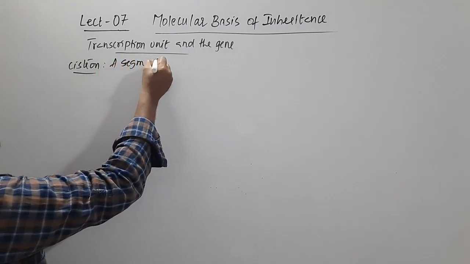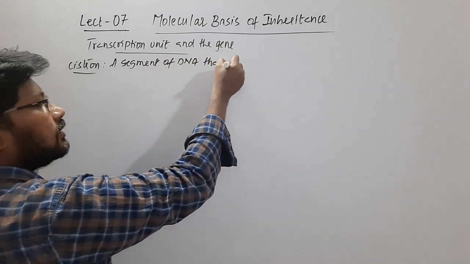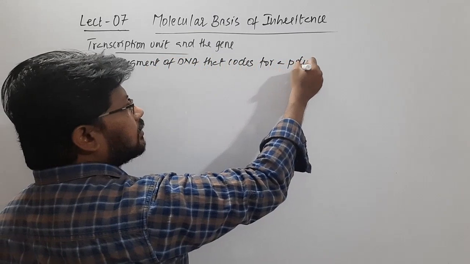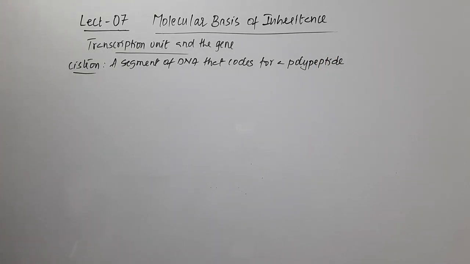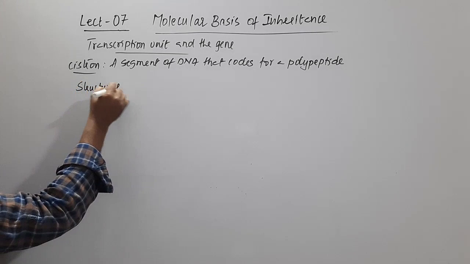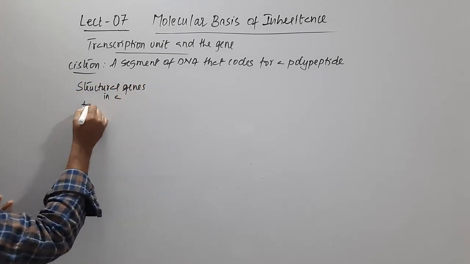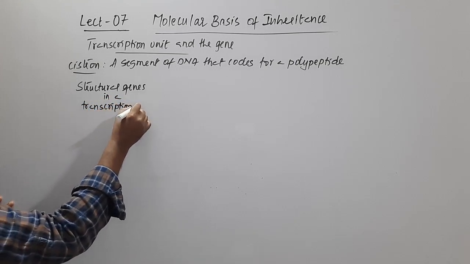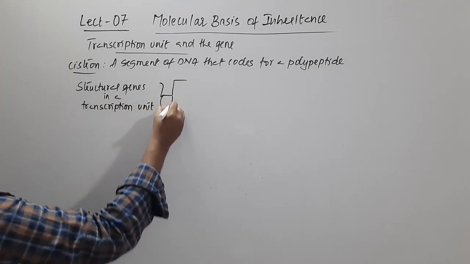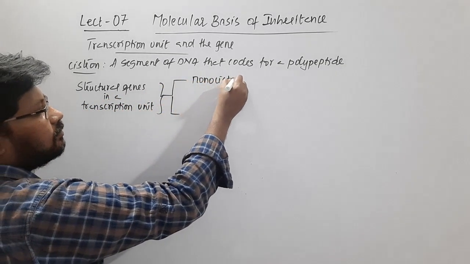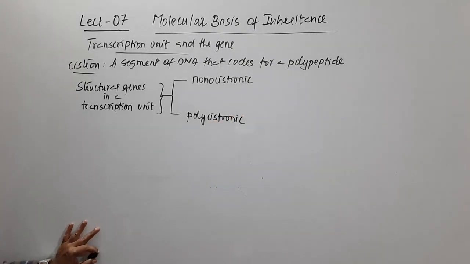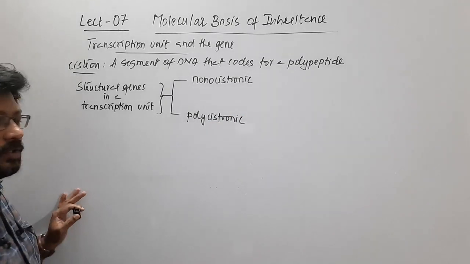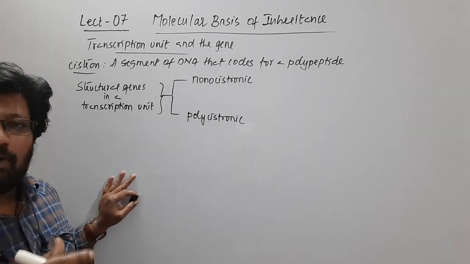A segment of DNA that codes for a polypeptide is called cistron. And I told that the structural genes in a transcription unit can be monocistronic or polycistronic, right? So here what happens in case of eukaryotes is that only one gene that codes for a particular